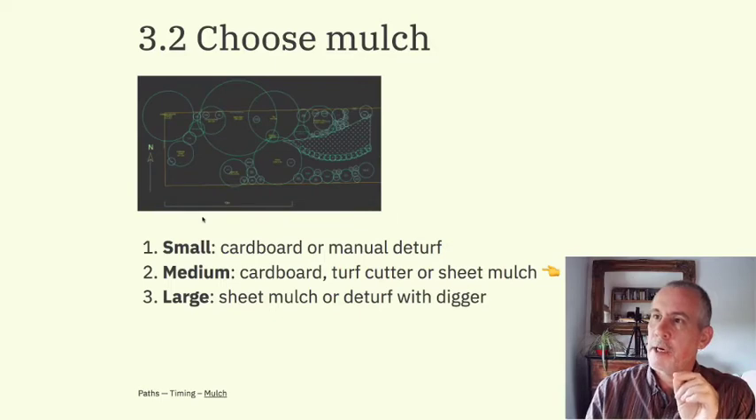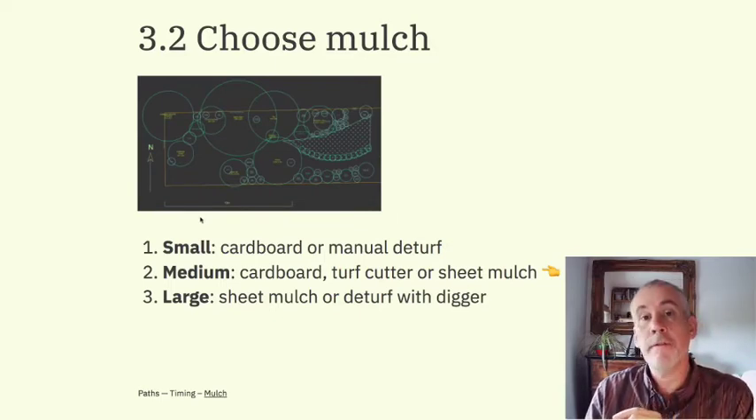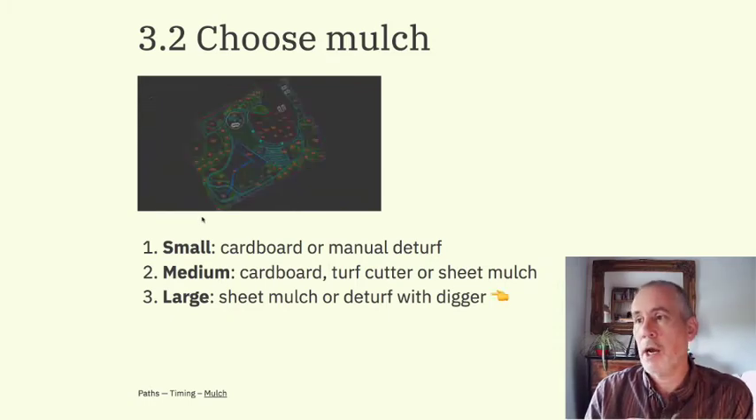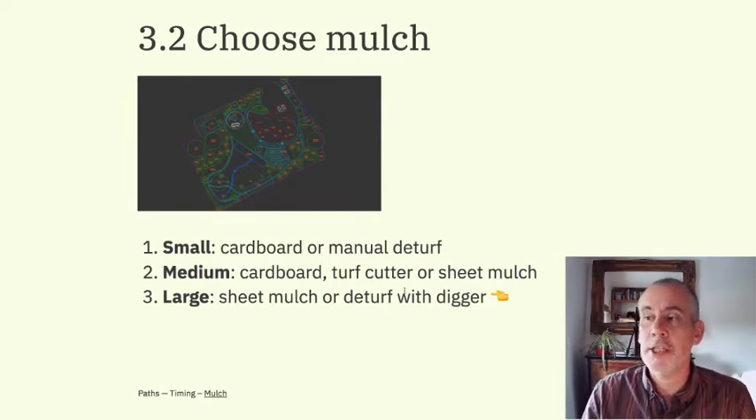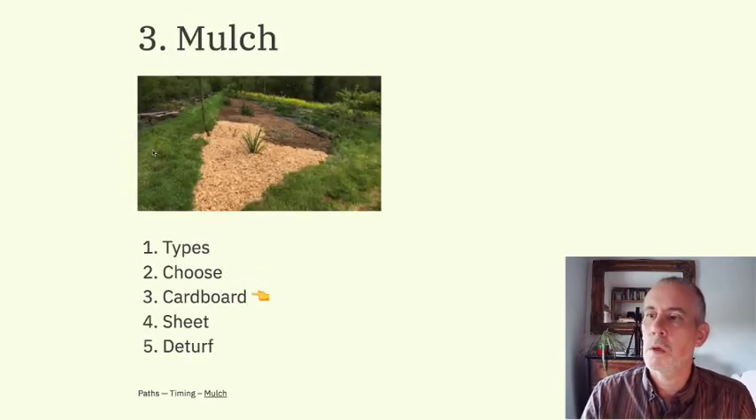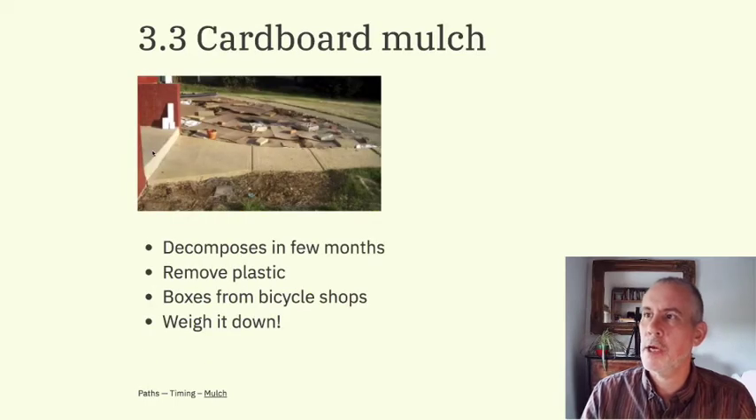Medium size garden, cardboard, possibly use the turf cutter, which is a machine, or use a plastic sheet mulch. And then a large garden, use, I would say, sheet mulch or deturf with a digger. So cardboard, the advantages